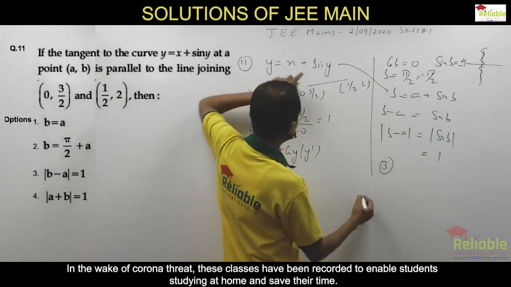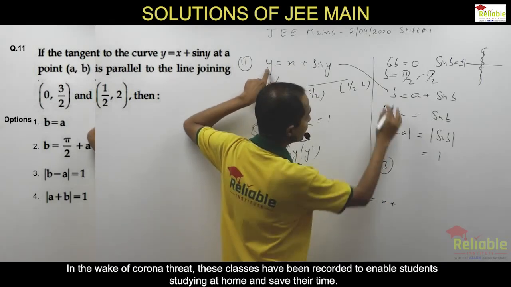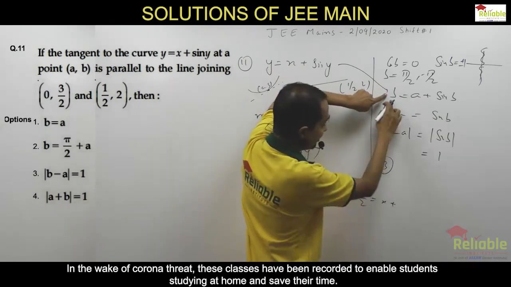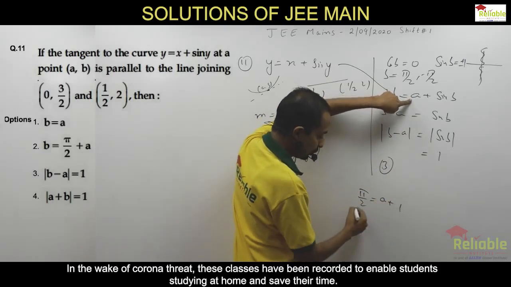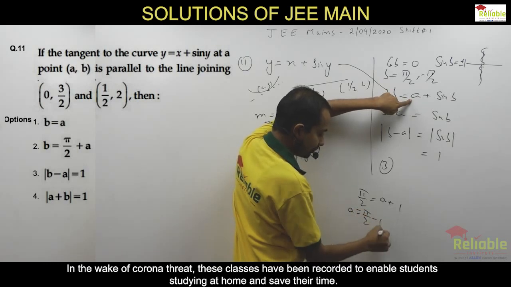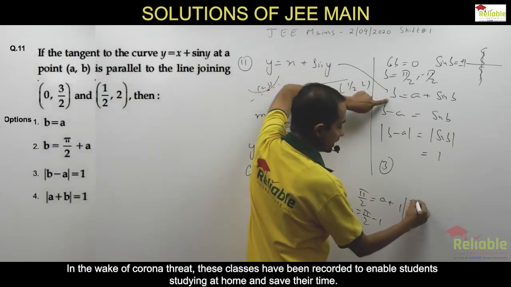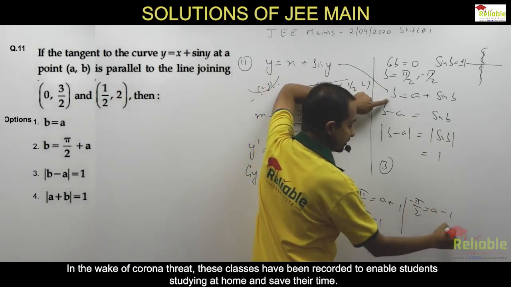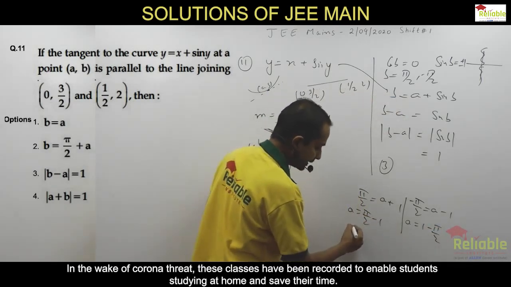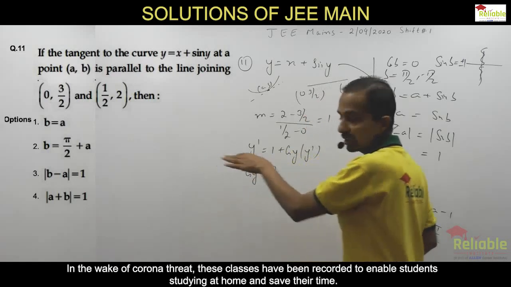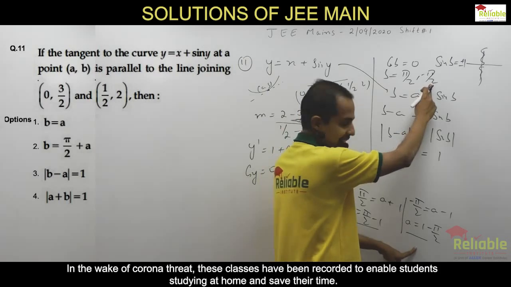If B is pi by 2, then this is the deal, right? When B is pi by 2, this is your A and that's your 1. So A is equal to pi by 2 minus 1. And when B is minus pi by 2, what is A? A is equal to 1 minus pi by 2. So in either of these cases, the first choice is wrong, A equals B, because if B is pi by 2, then A is this. If B is minus pi by 2, then A is this.